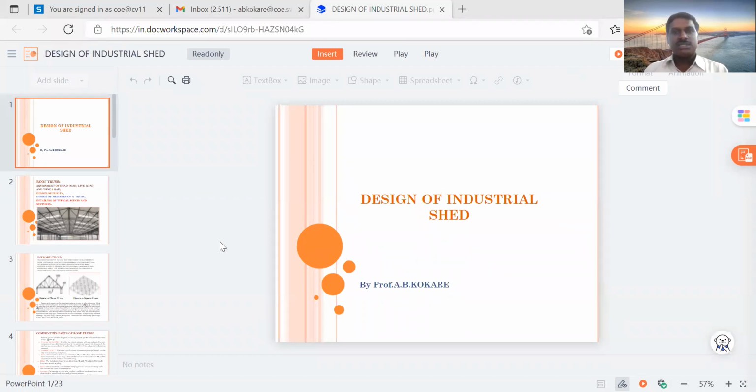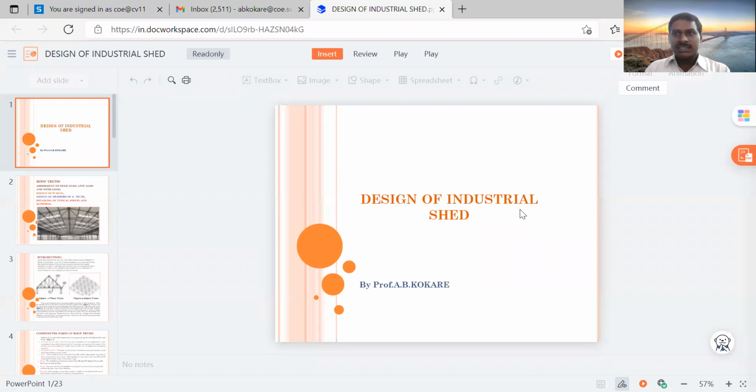In the design of steel structure, we have designed so many elements of the industrial shed. So, as a part of the design in structural engineering, in the steel structure, we have to design the industrial shed, and that industrial shed is made up of the steel structural elements. So there are two main